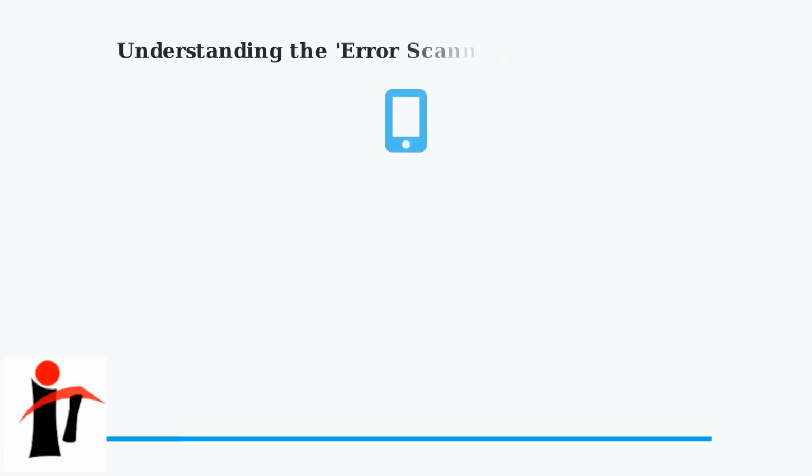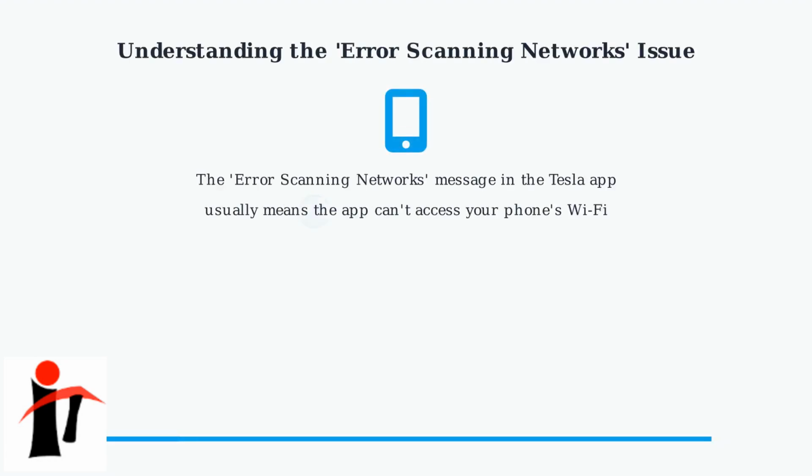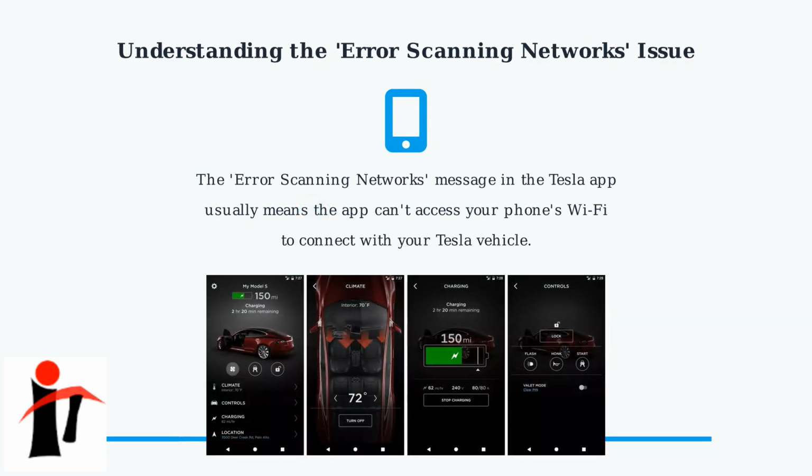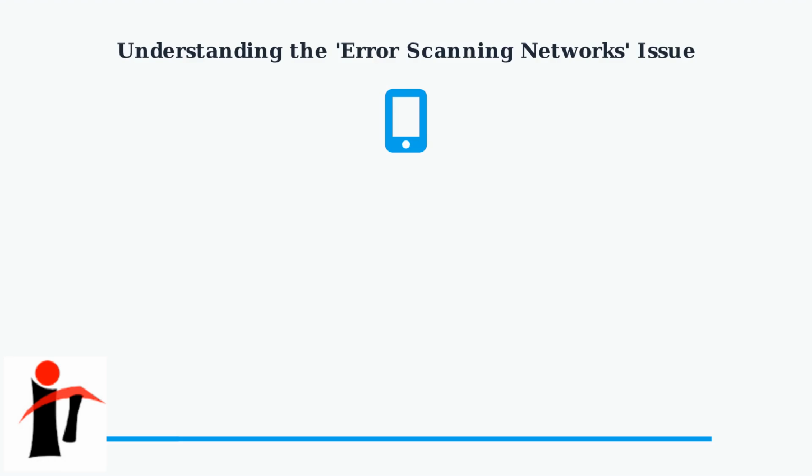The error scanning networks message in the Tesla app usually means the app can't access your phone's Wi-Fi to connect with your Tesla. This is often due to incorrect or missing location permissions on your Android or iOS device. This prevents the app from detecting the vehicle's Wi-Fi hotspot, which is needed for features like Sentry Mode and software updates. As of late 2025, Tesla has made improvements to the app to reduce this error, but manual fixes are